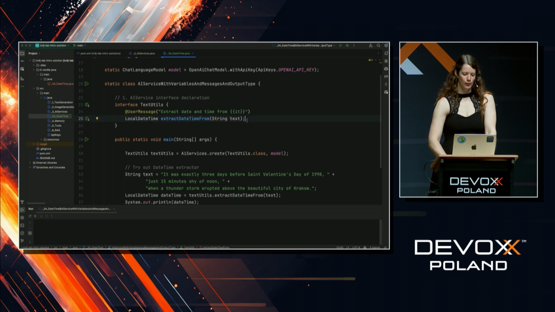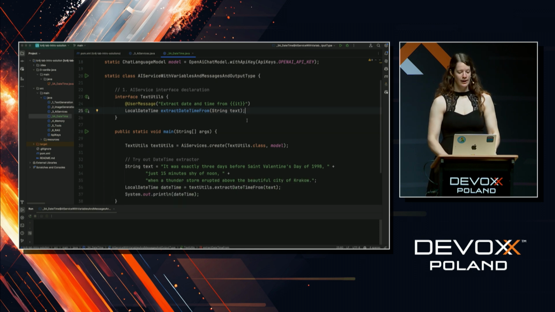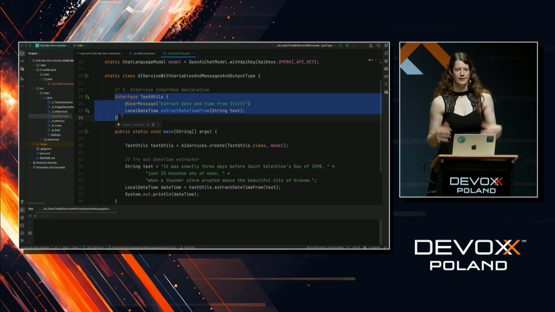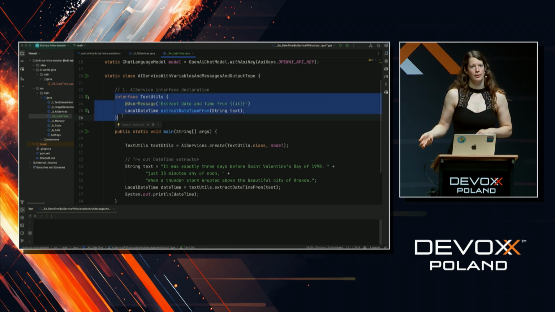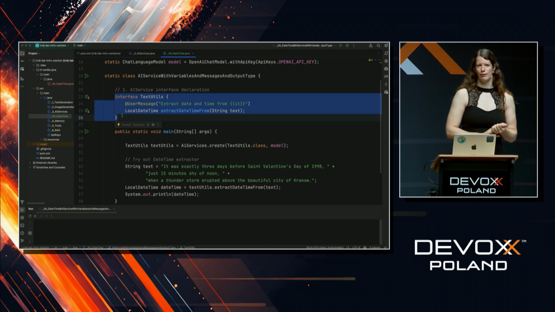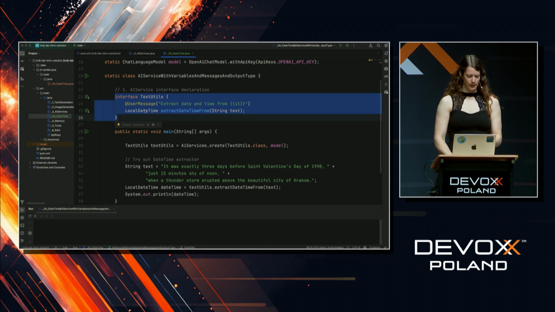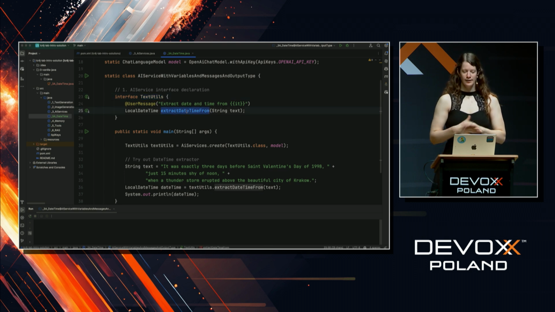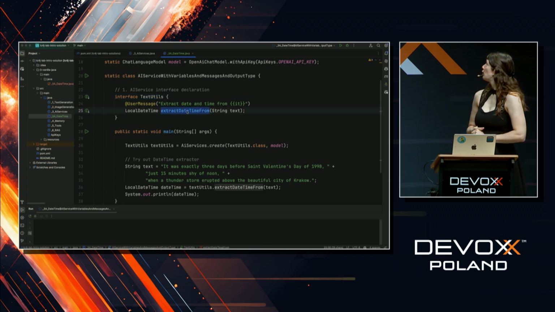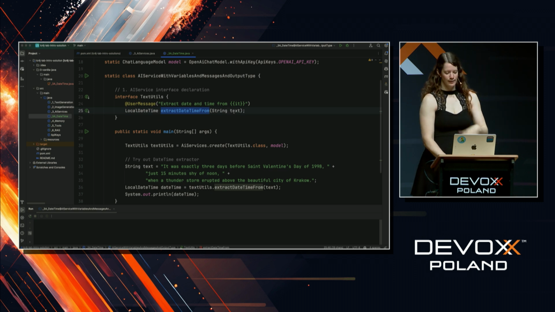And then what we have in LangChain4j is a thing called AI services, where you just declare as an interface what you want to happen. So it's not much programming involved anymore. This one, we call it textutils, this AI service, and it has one method, extract date time from a string.